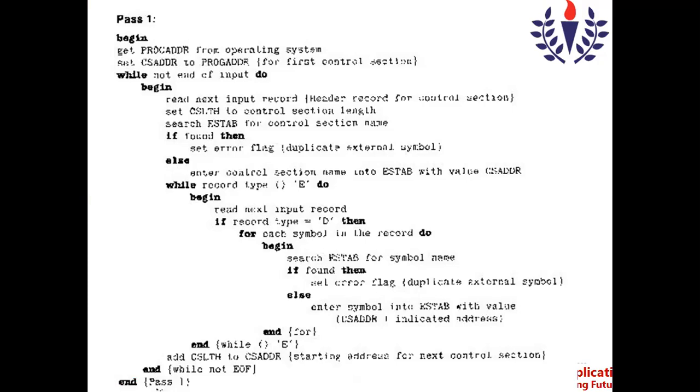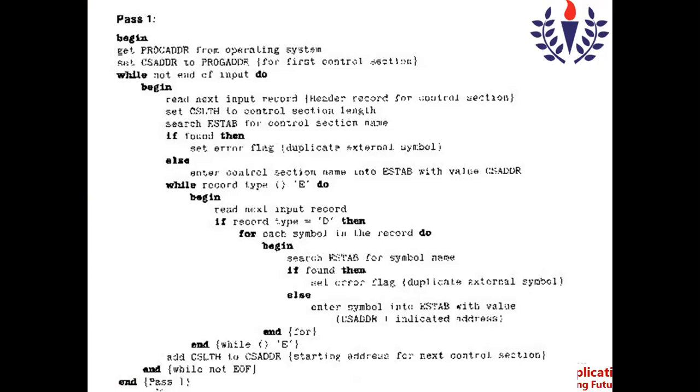In the object program, we have plenty of records that will be given to the linking loader. The linking loader does the process in two steps. In the pass one algorithm, it processes the defined record and creates the ES tab. So this is the process of pass one.